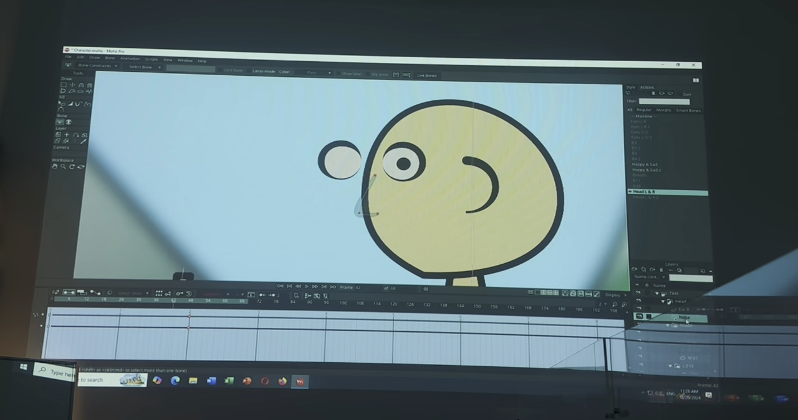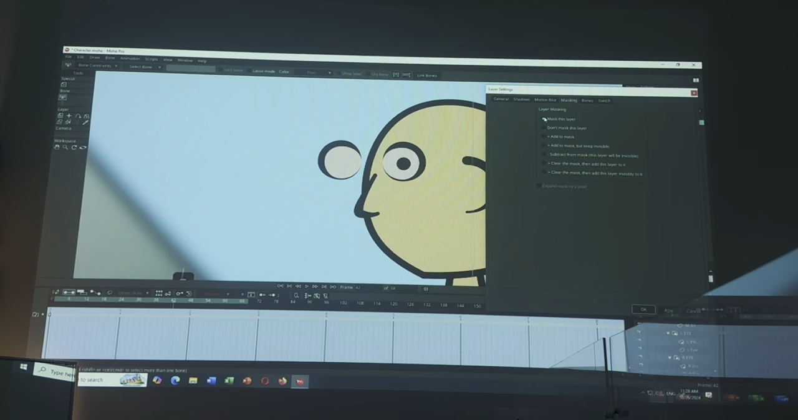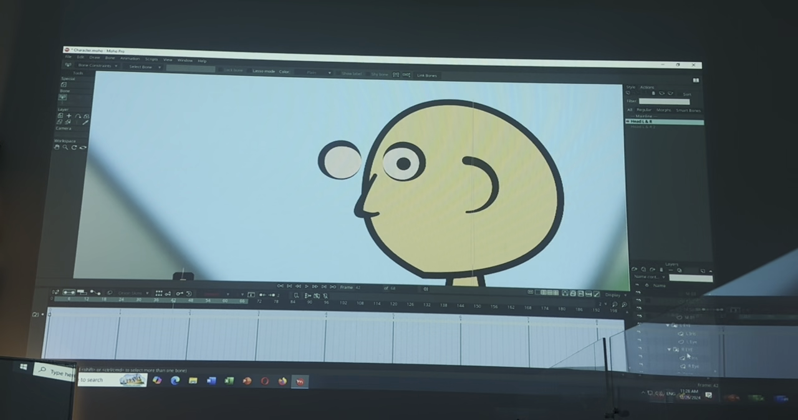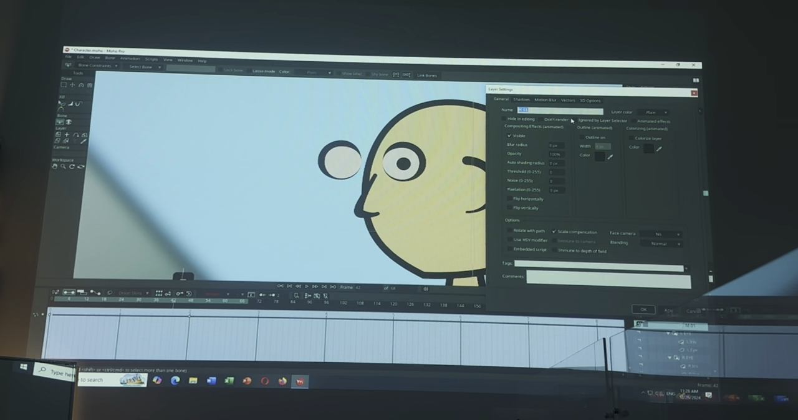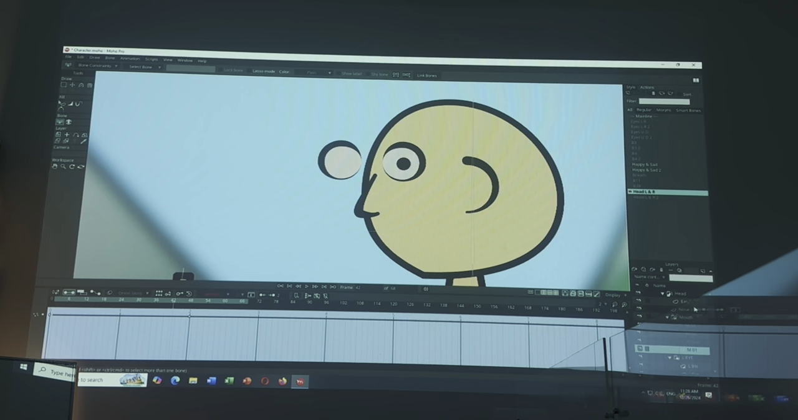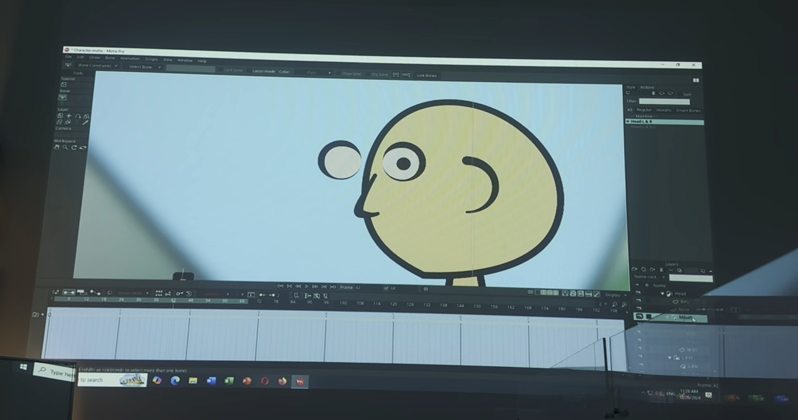Now we have the problem with the mouth. No, I'm trying to figure out because case by case you have to figure out what works best for the animation. I'm trying to figure out how we can apply the settings onto this new layer. Because if it's just a simple layer, then it's easy to just say like the nose, don't mask this. But for a more complex one like the